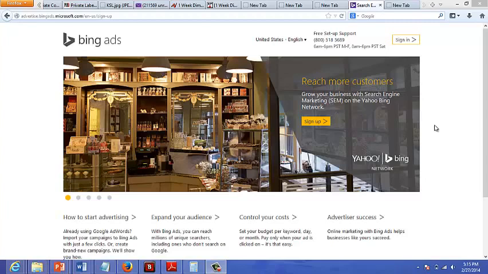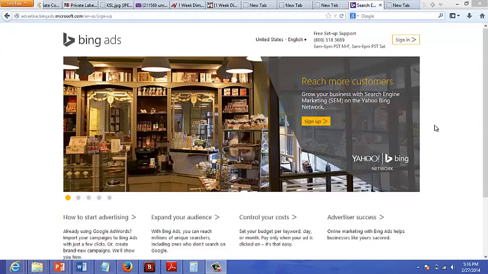Now, Bing Ads is the number 2 pay-per-click network in the world behind Google, although a lot of people don't know much about Bing Ads yet and haven't looked at it as an advertising tool. But it's real simple to sign up. Setting up campaigns is very simple, and you can even import your Google Ads campaigns into Bing Ads. And I actually know of people that are getting cost per click of less than 1 cent per